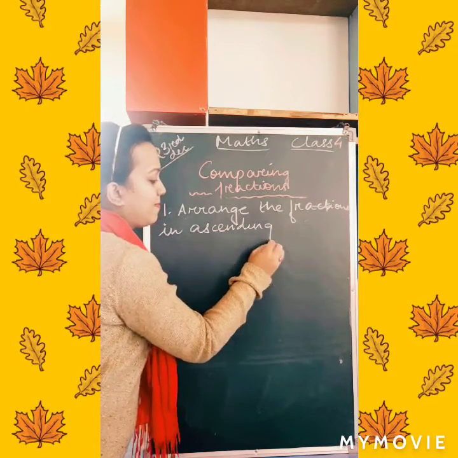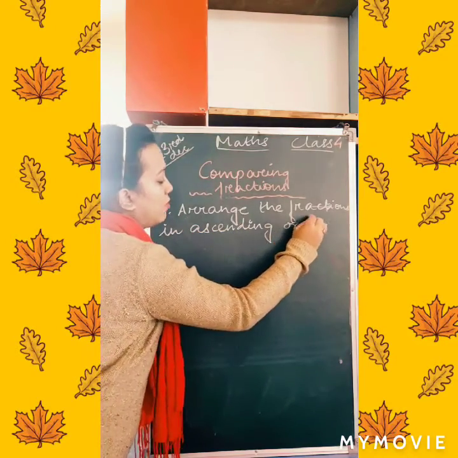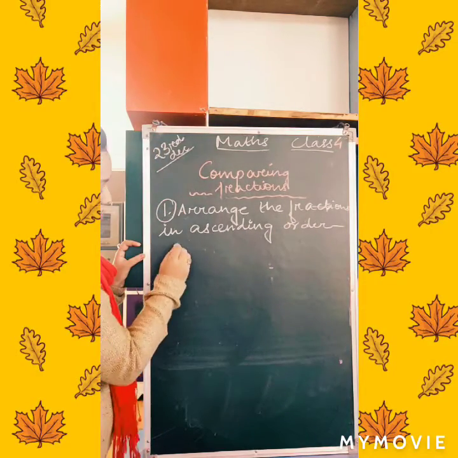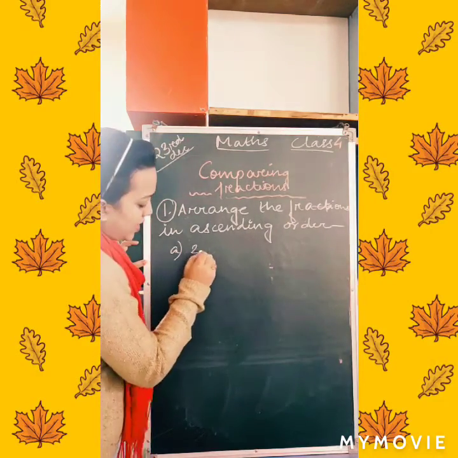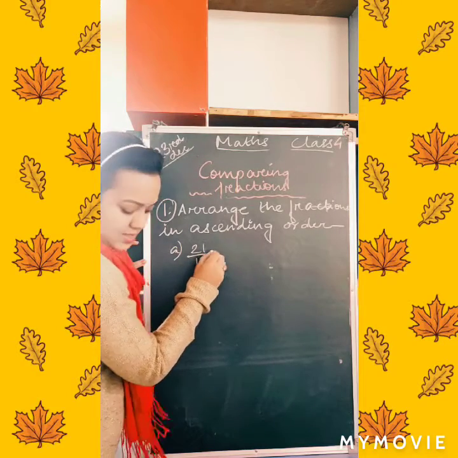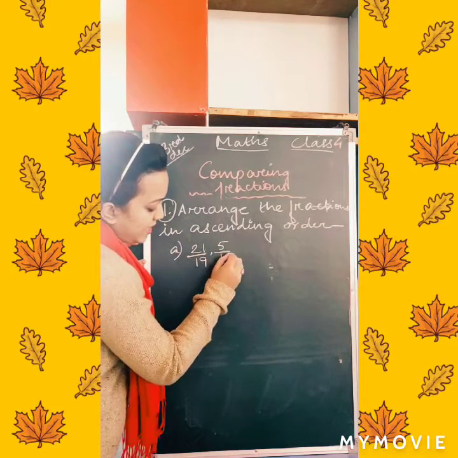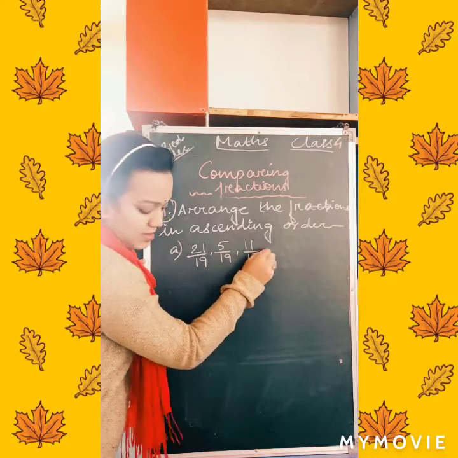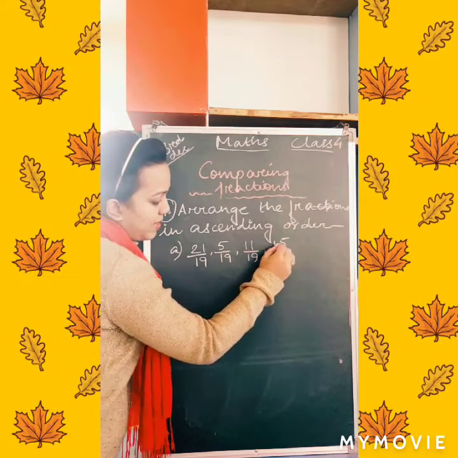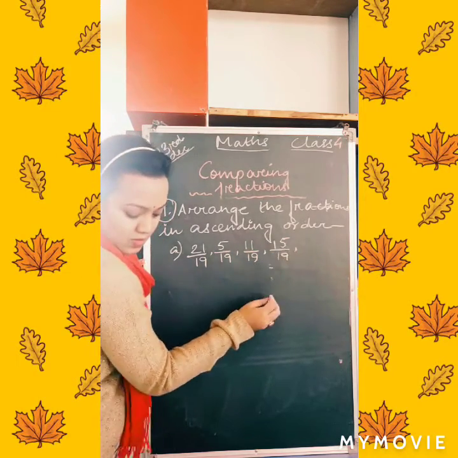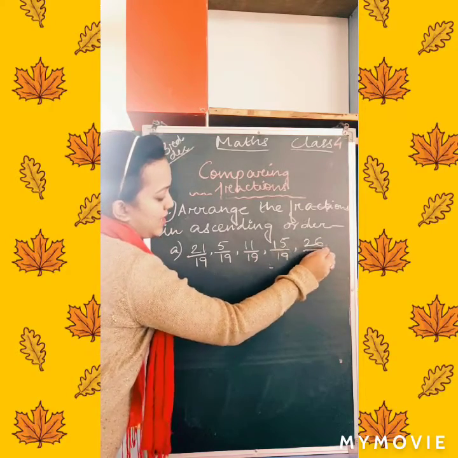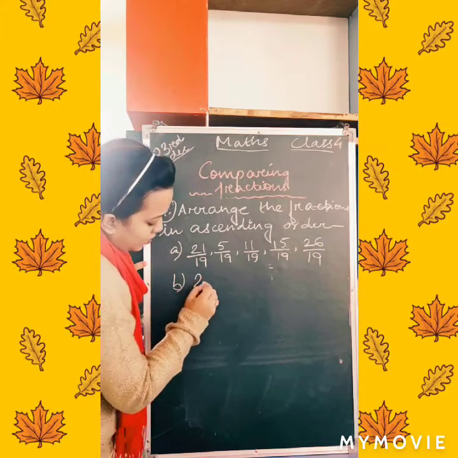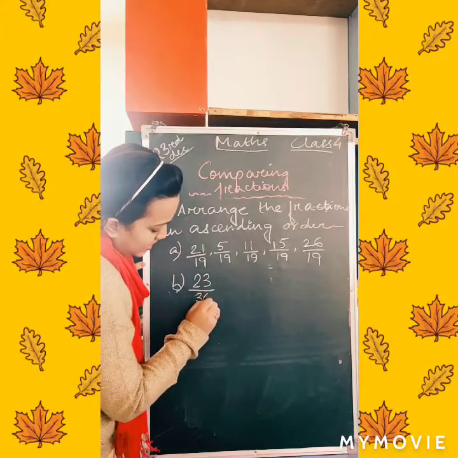So your questions are: number A, 21 by 19, 5 by 19, 11 by 19, 15 by 19, 26 by 19. Okay. Then number B is 23 by 30,